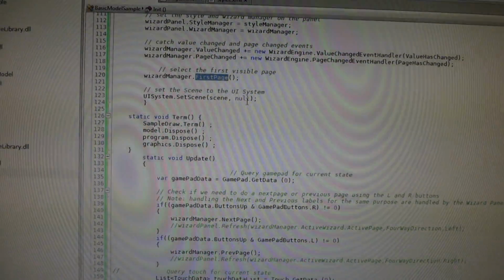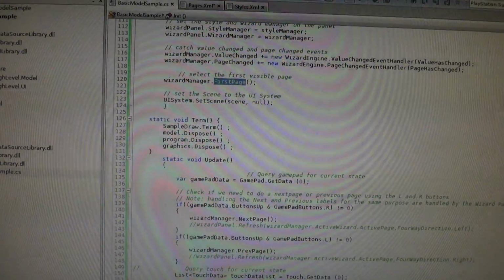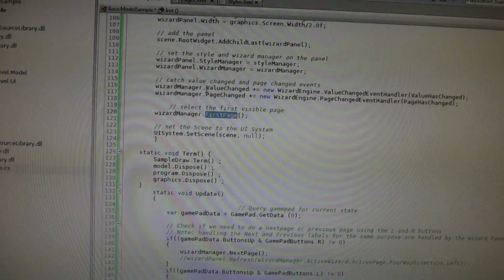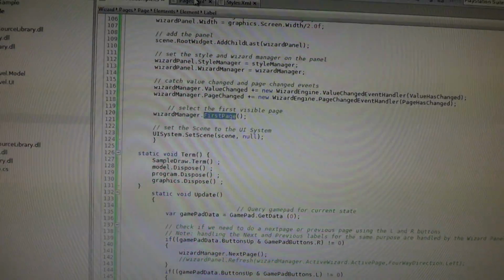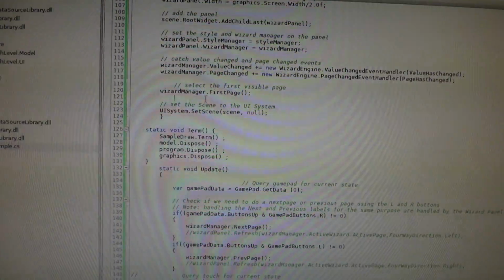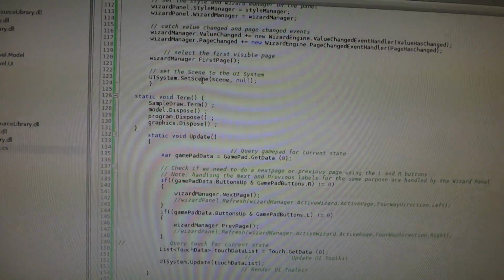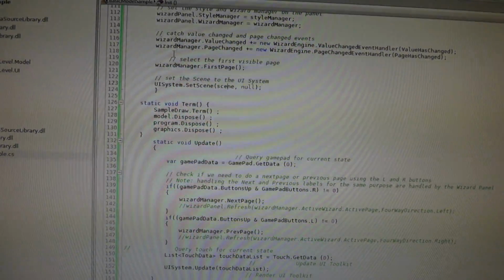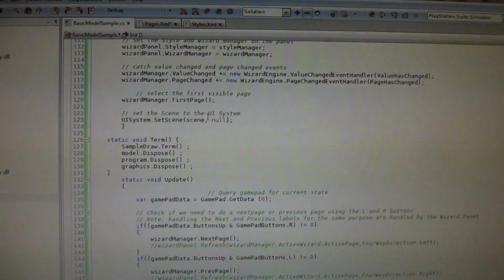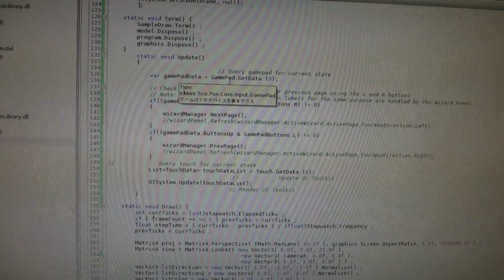And now I say, okay, you can show the first page, and at that point it will initialize and draw whatever first page it finds. So in this case that will be this single page here. Finally you set the UI system to that scene that you created and that you added the wizard panel to, and then